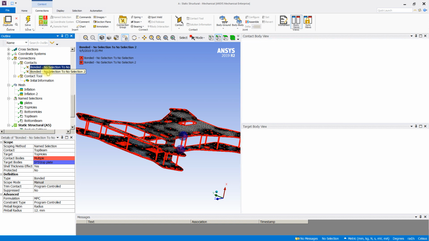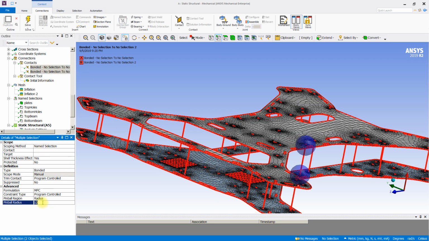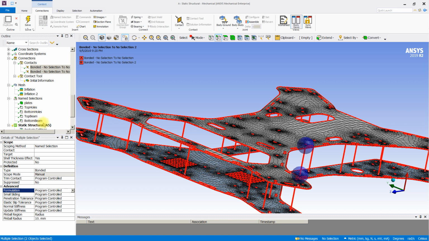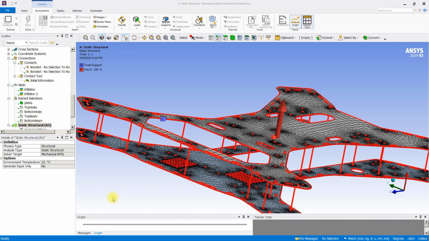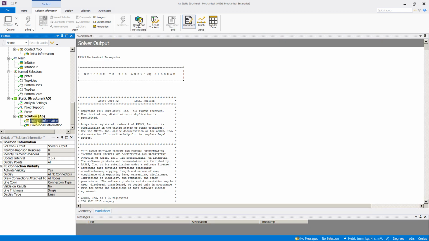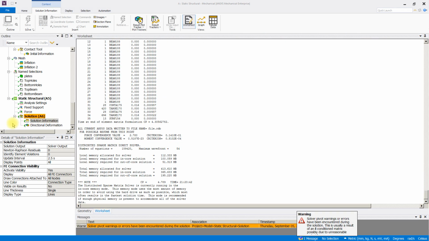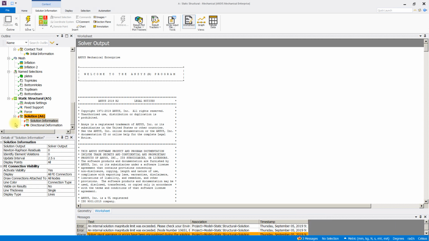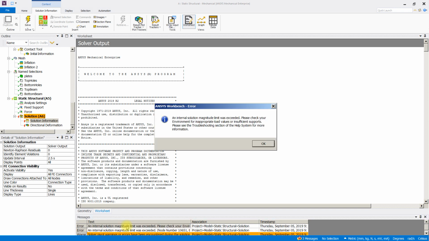So for these two things, I originally had 10 millimeters, and it was not MPC but program controlled. That was the original condition. And if I say solve, let's see if it repeats the failure that I had a moment ago. And we will click on solution information, and here it goes, and we get an error, and the error is an internal solution magnitude was exceeded, and so that means something wasn't